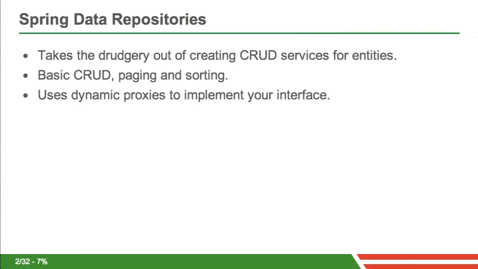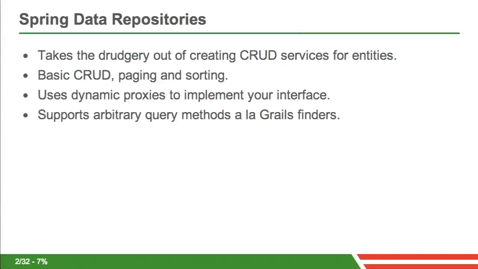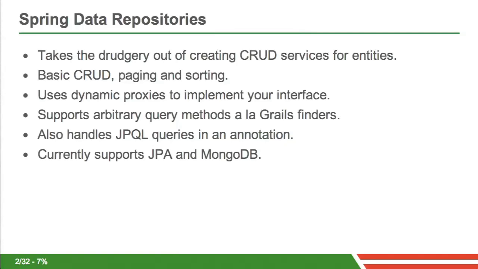And we do this in Spring Data using the repositories by implementing dynamic proxies. We're able to add some magic to your classes in a way that's kind of similar to doing Groovy and how you can add behavior, since we don't really have that in Java. We use dynamic proxies. And with the repository support, besides just CRUD, you can do finders basically, and you can use a standard naming convention on the method to get finder style automatic querying. It pulls out, parses the capital letters and everything, pulls out field names and values and things like that. So you don't have to actually write the JPQL query in the annotation,